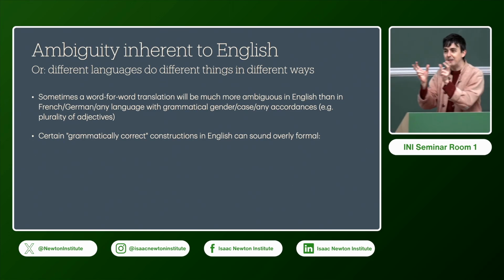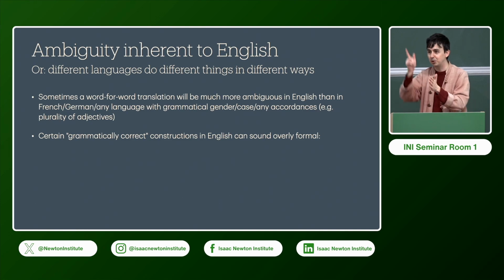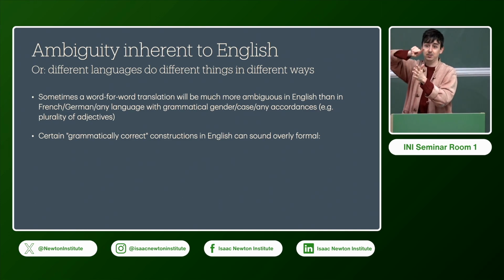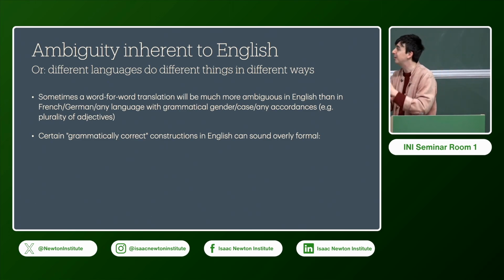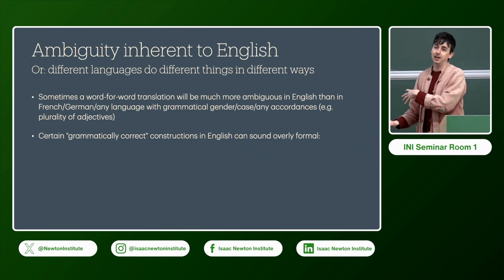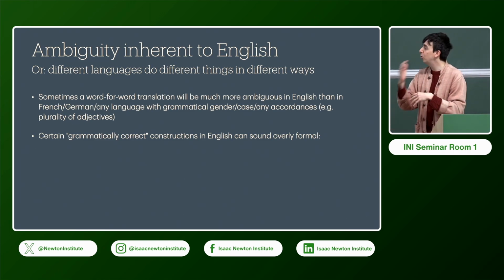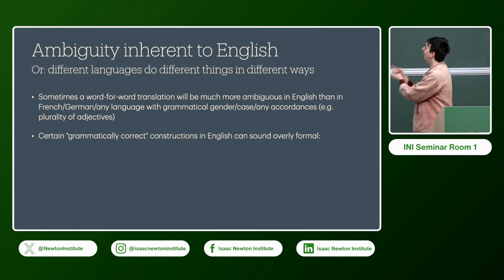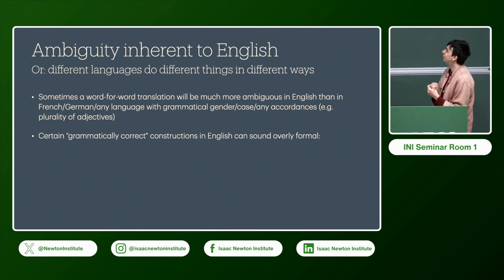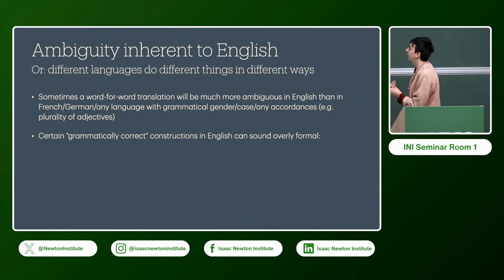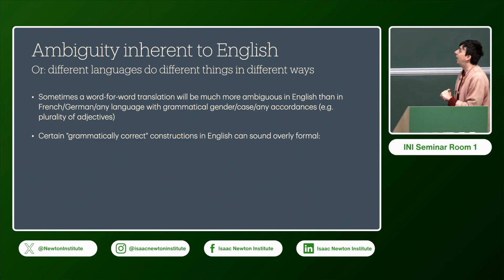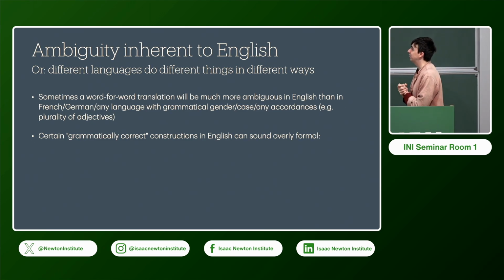And it means that you can write something very concise in French, which is not ambiguous at all, because you know this adjective points to this noun, whereas this adjective modifies the whole phrase. Sometimes there's this question of where you put your brackets around things, and in English, you just can't do this. So to write it clearly in English, you often have to rephrase the entire sentence or make it much more heavyweight. A big discussion we had early on in the EGA translation was how we should use the subjunctive in English. I'm very much not a prescriptivist when it comes to grammar, but I understand that sometimes certain constructions are useful.